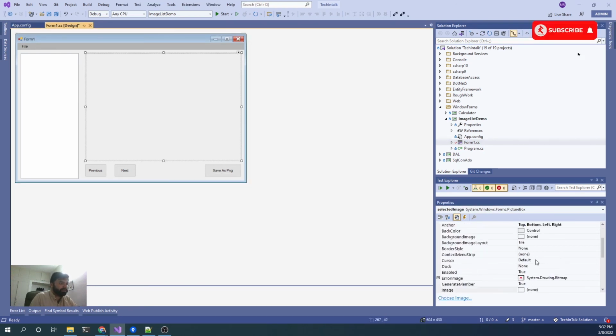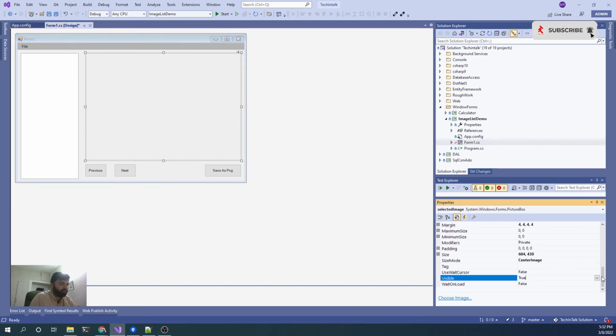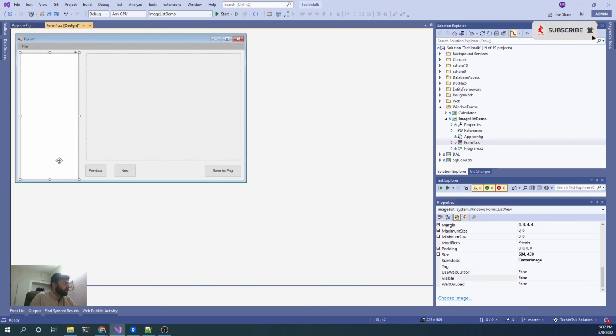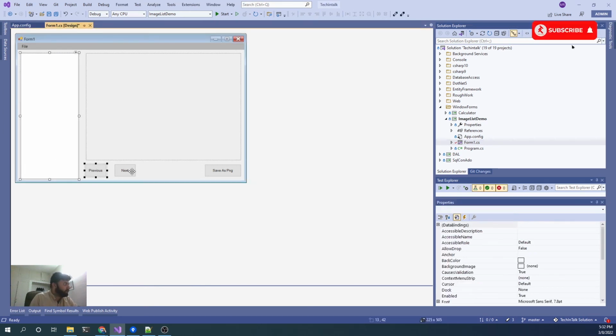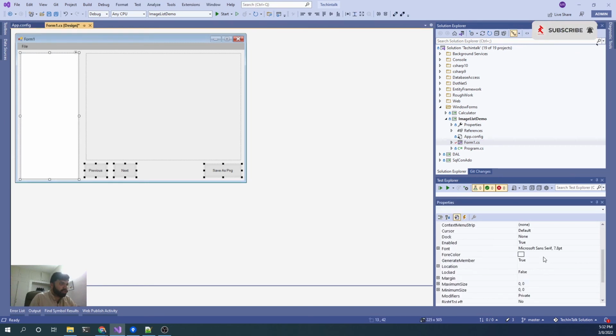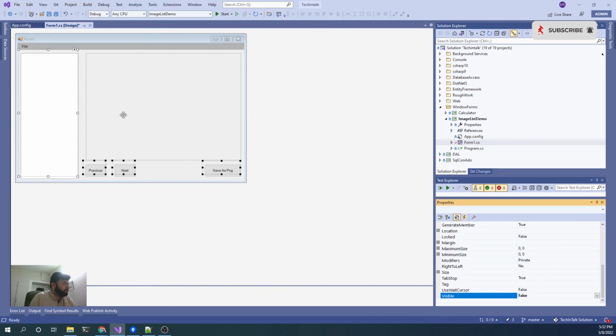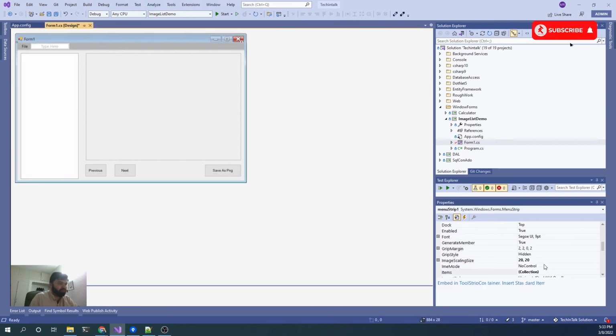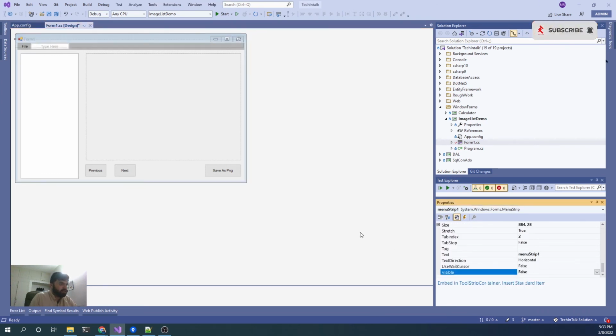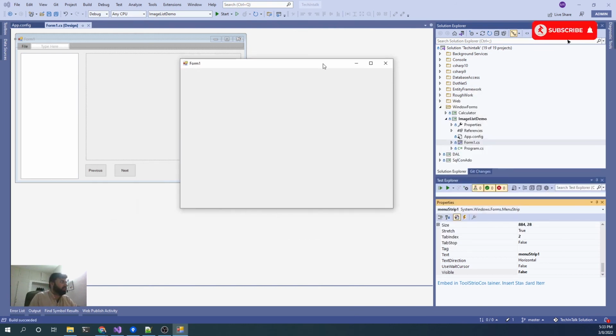तो अब हम क्या करते हैं कि बाय डिफ़ॉल्ट इन सबको इनकी विजिबिलिटी जो है वो फॉल्स कर देते हैं। Let me select this one, this one, this one and this one, and let's say we want to make all of them visible false, and same goes for this menu strip 1 control, right, by default these all should be invisible। Let's press Ctrl S and Ctrl F5 and let's see कि अब हमारे पास क्या व्यू है, ओके।